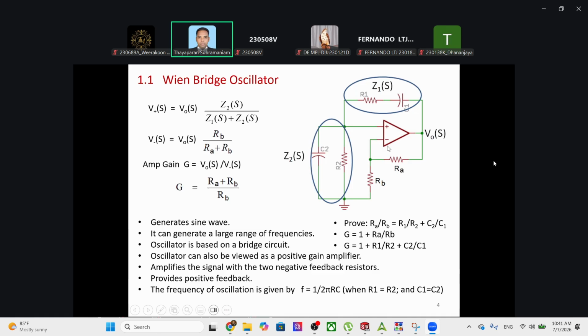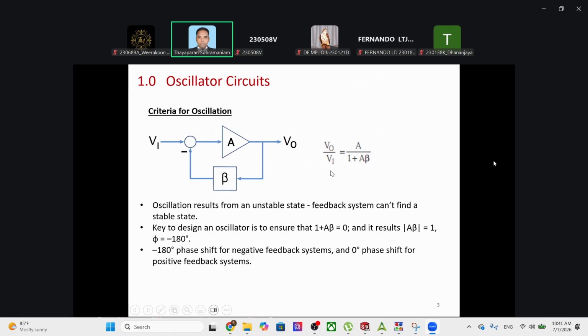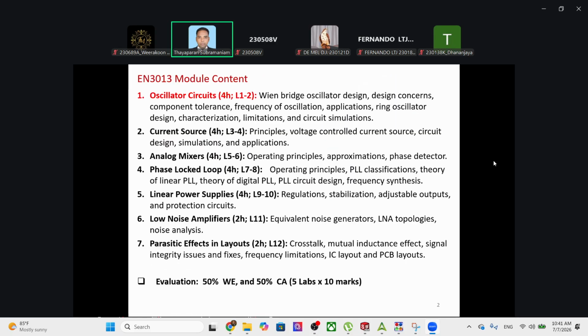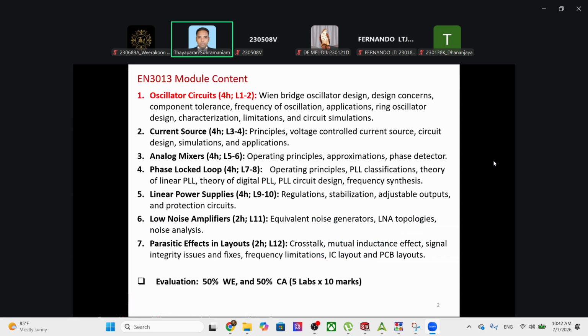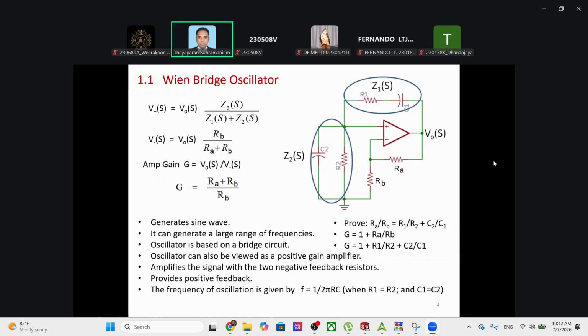That is why I am spending this much time on this particular section. This module is analog circuit design. We are looking at some concepts or ideas in the designing part, so I am trying to explain how to do the design. Okay. Now,